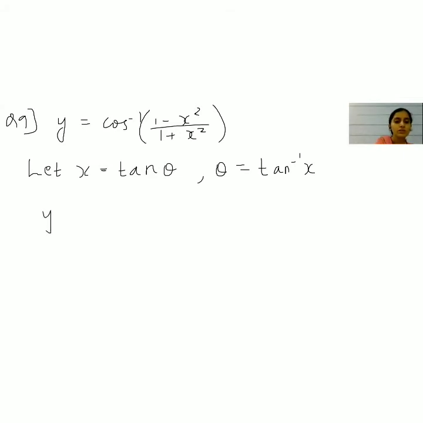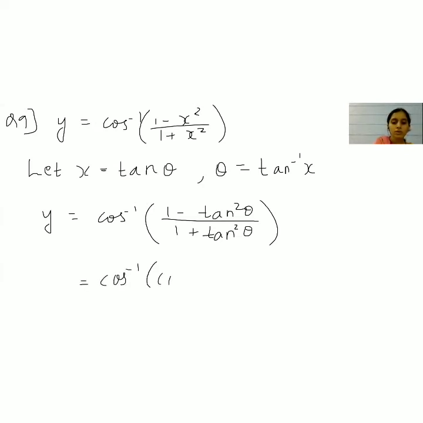Okay, so then y is equal to cos inverse of (1 minus tan square theta) upon (1 plus tan square theta). Now, what is this identity for? It is for cos 2 theta. Okay, so I'm going to write this over here, cos inverse cos 2 theta. Okay, and in brackets we'll write 1 minus tan square theta upon 1 plus tan square theta